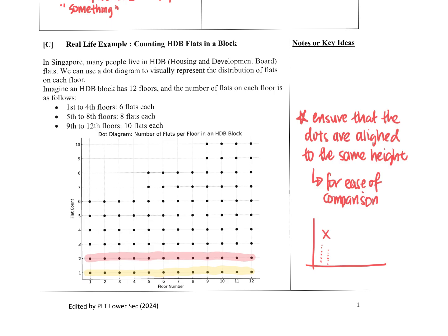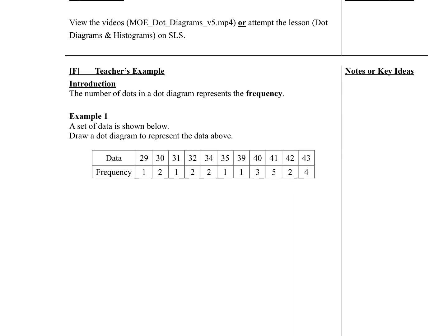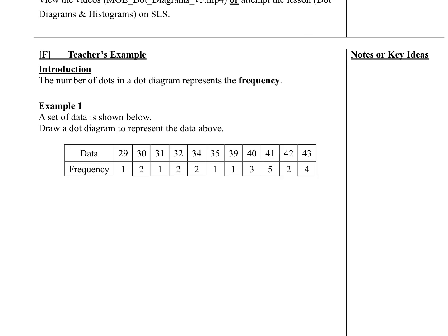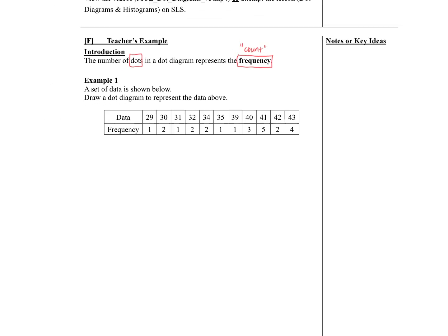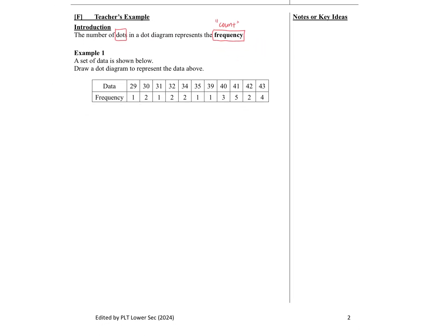Okay, so let's move on. This one, frequency. The dots are your frequency. It tells you how many counts of each data you have. So if you have 5 dots under the column, you have 5 of them. That's what it means. That's all. So if they want you to represent this,